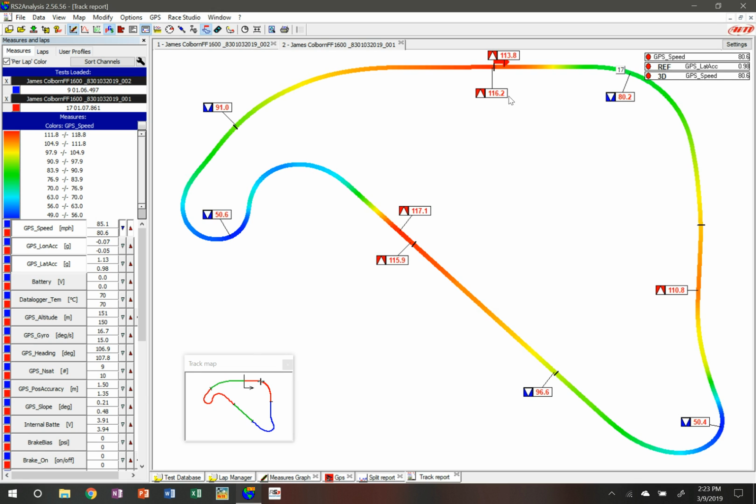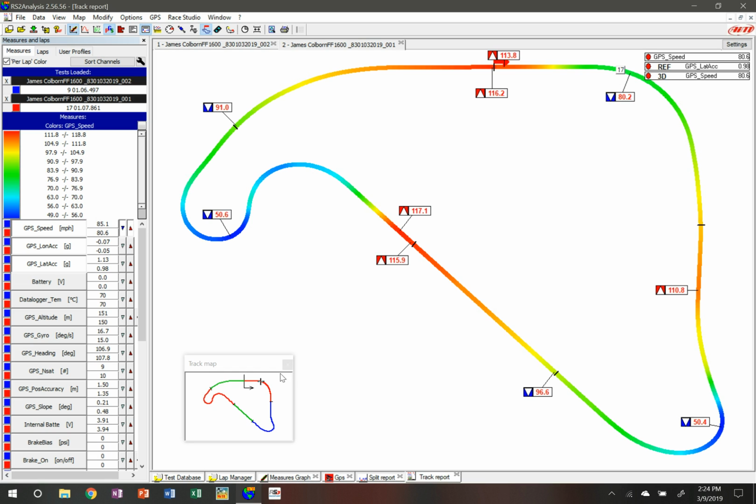And interestingly, on this particular measure that we're looking at, I'm actually faster here in this straightaway than on the larger or the longer of the two here. So obviously an area of development there to look at. But the other thing that's also started to show up is different information associated with what's happening in those particular